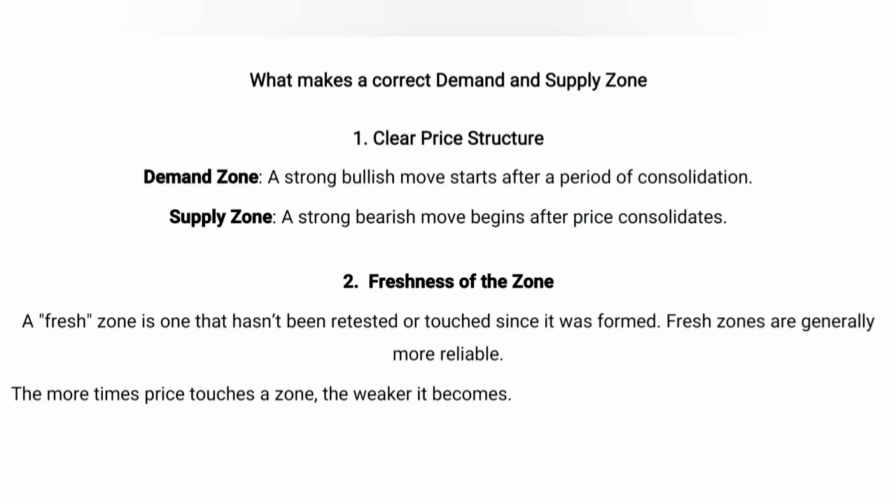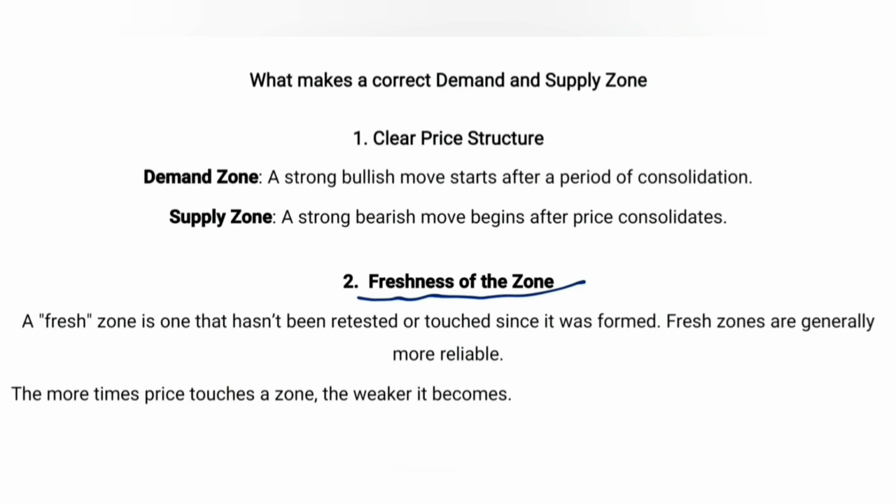Another thing that makes a correct demand and supply zone is freshness of the zone, which means a fresh zone is one that hasn't been retested or touched since it was formed. The more times price touches a zone, the weaker it becomes. This means that demand and supply zones are very different from support and resistance levels. You understand? Because support and resistance levels are areas with multiple touches, but demand and supply zones are zones with